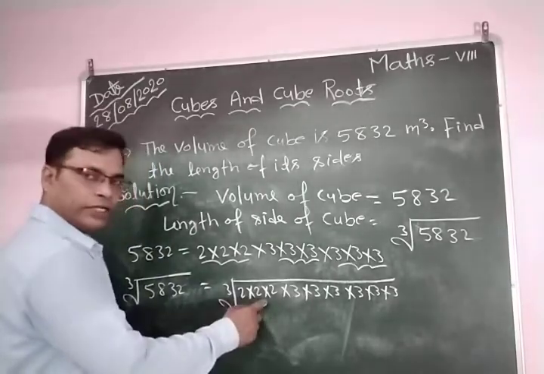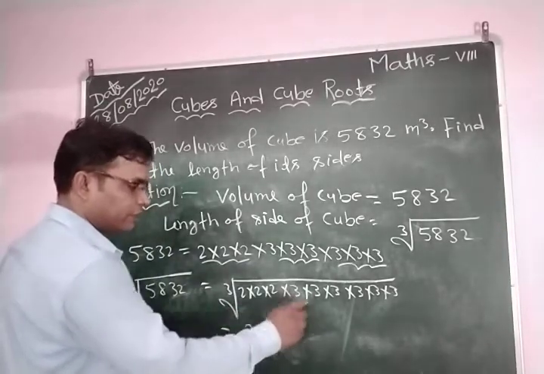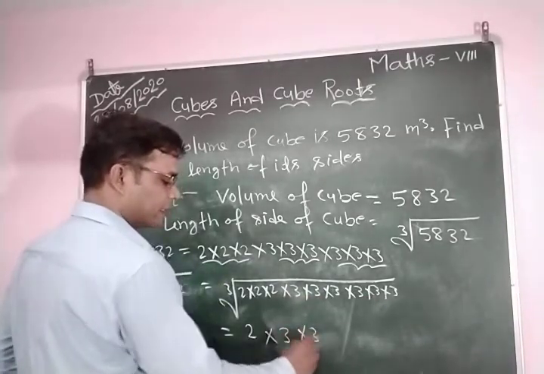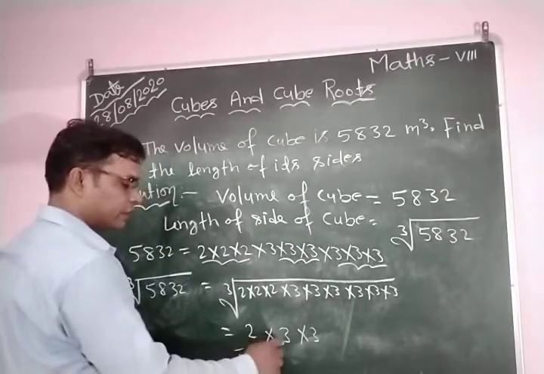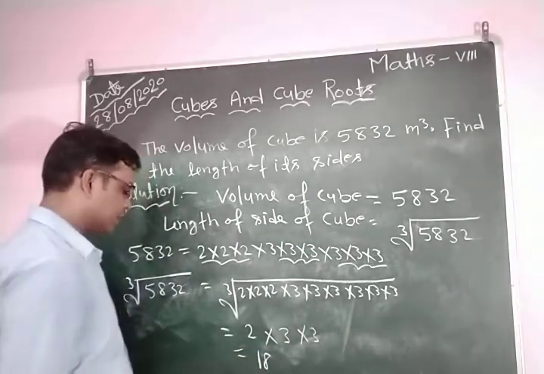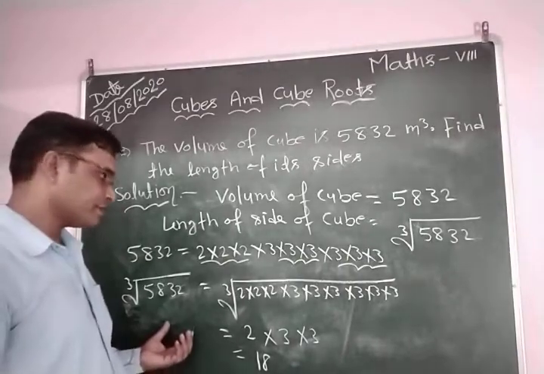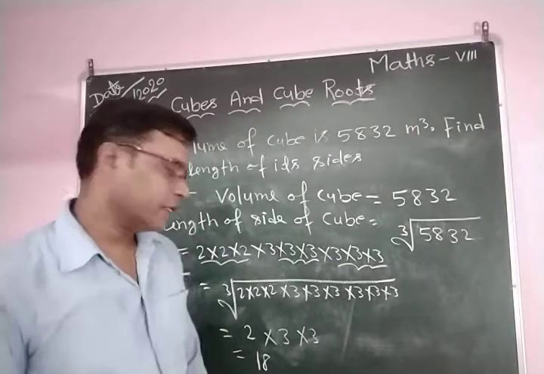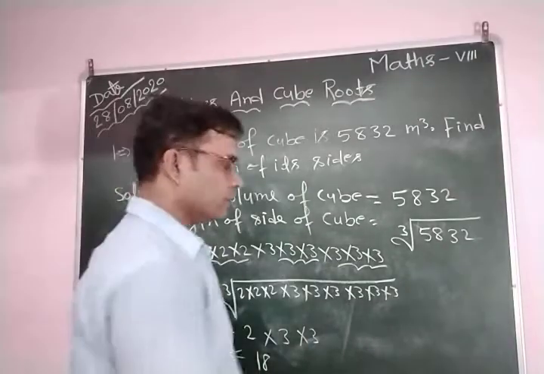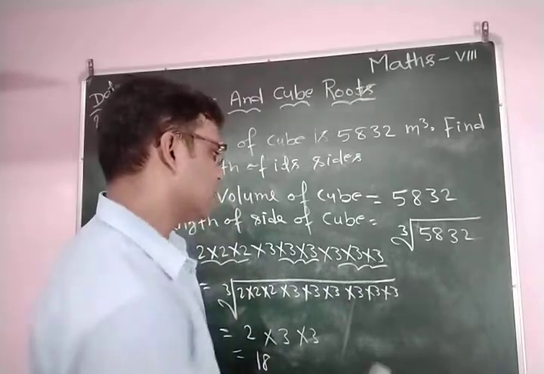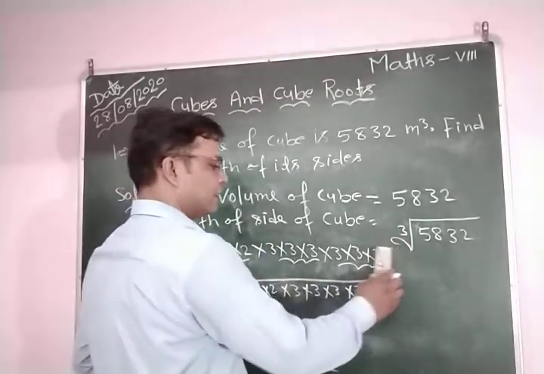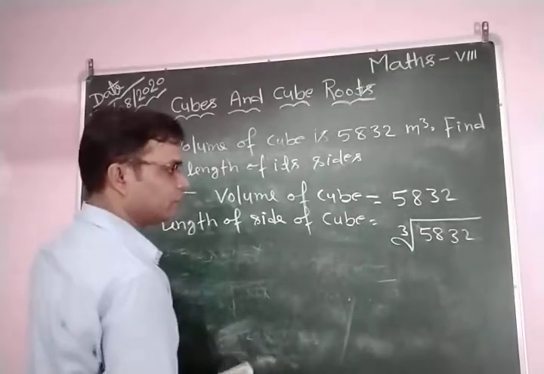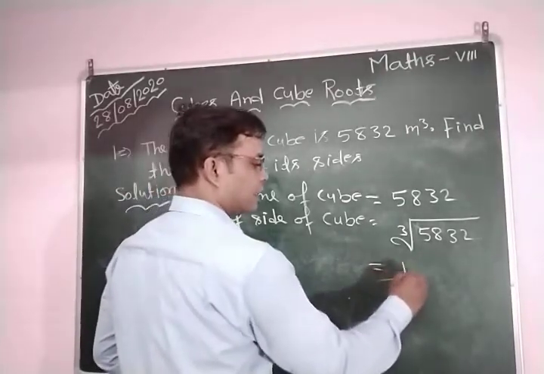So here we take 2, from here we take 3, from here we take 3 again. So this is equal to 6 into 3, which is 18. So you can see the cube root of 5832 is 18. So in this way you can find the side of cube. This is equal to 18